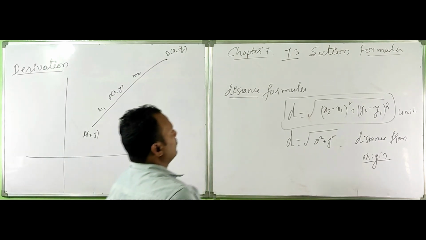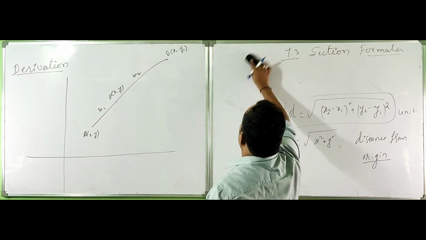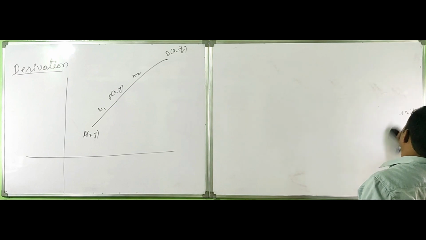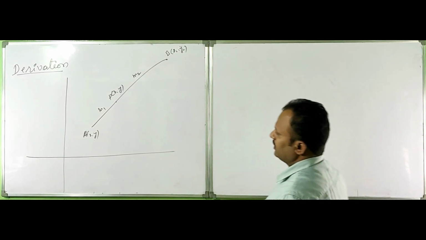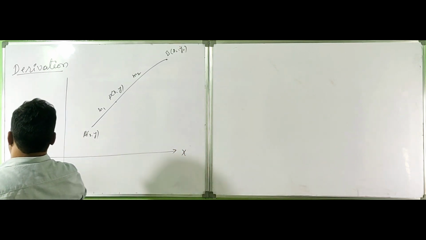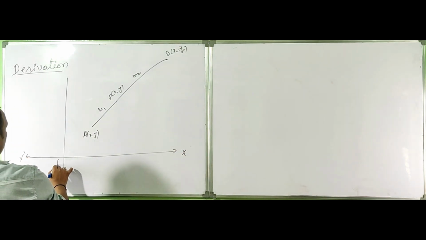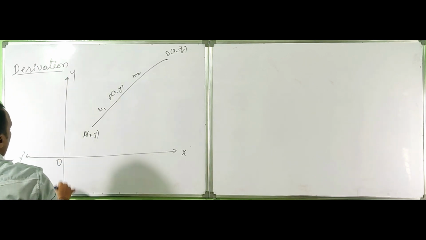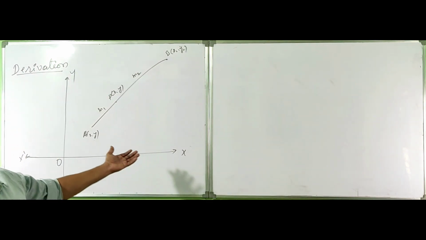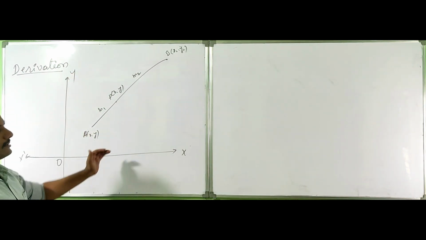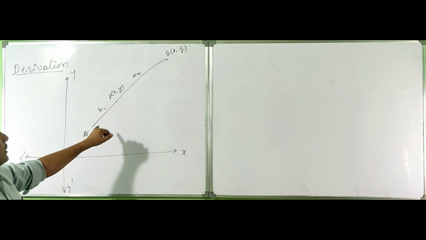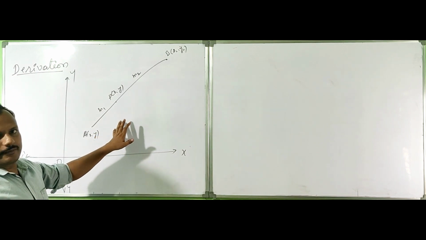Let's see the basic concepts here. Have the line in a coordinate plane. This is x dash, this is the origin, this is y, this is y dash. This is the coordinate axes, the y-axis and x-axis. This is the line in the coordinate axes. Given a line AB,